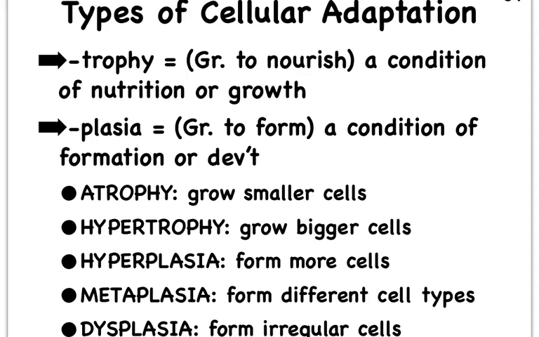And then we have hyperplasia, which literally means that we make more cells. Metaplasia, meta meaning middle, means we're going to form different cell types, as in we're going to go from one cell type to another cell type. So we're not really making more cells, and we're not changing the size of our cell. We're just staying within the middle plane, I'll say meta, and going from one cell type to another. And then dysplasia: anytime you see the prefix dys, it always means that there's some irregularity of sorts. So we're forming abnormal-looking cells, usually a precursor to cancer.